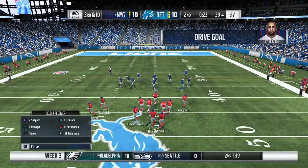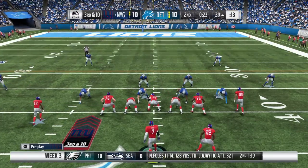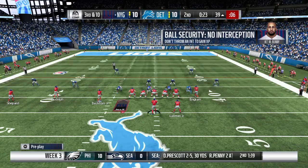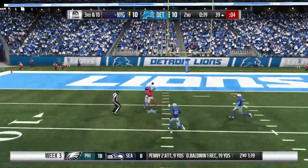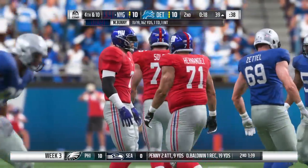So back-to-back incompletions, and that has him staring at a 3rd and 10. They'll set up to throw. He'll let it go deep for Beckham. And he can't quite intercept it. Zone coverage, free safety was there. Couldn't come up with...